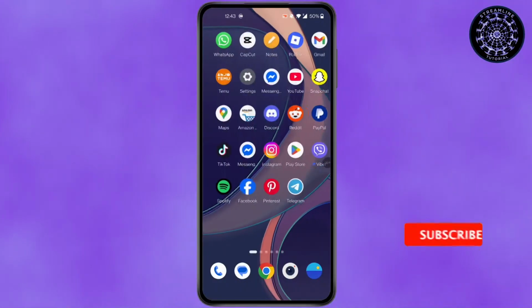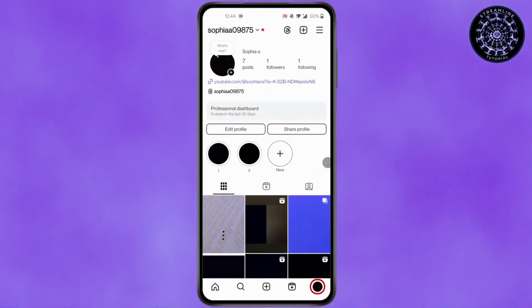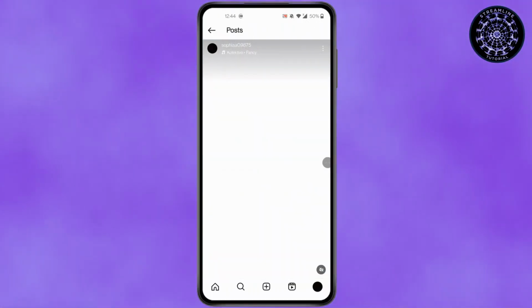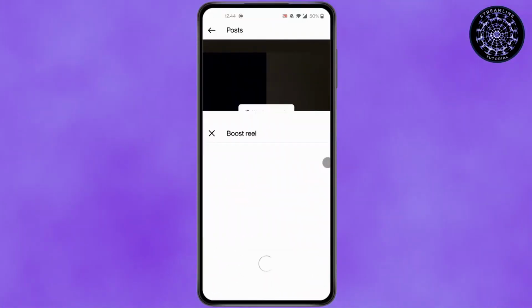Let's jump right in. First, open Instagram. Click on your profile at the bottom right. Select the reel you want to boost. After that, at the bottom of the reel, you will find the Boost Post option. Click on it. After you have done that, simply